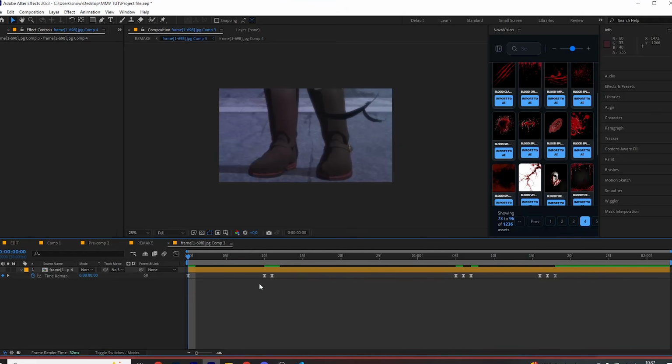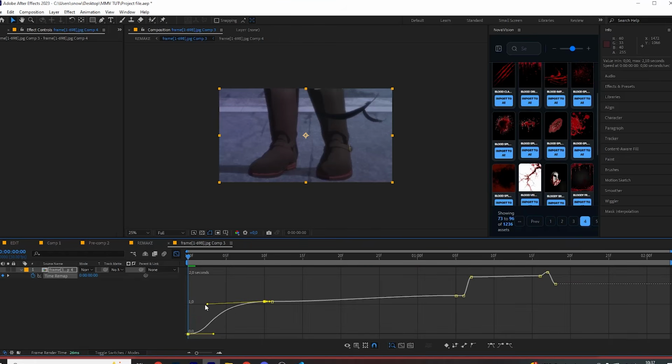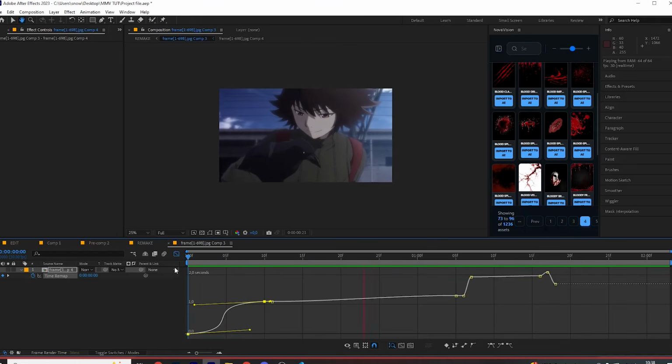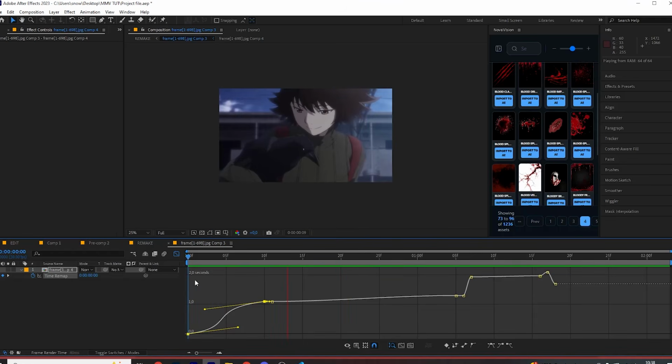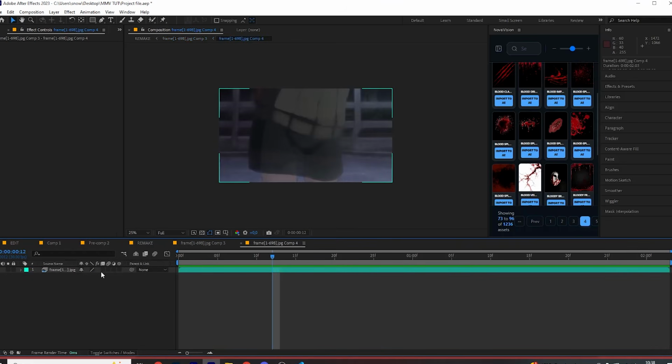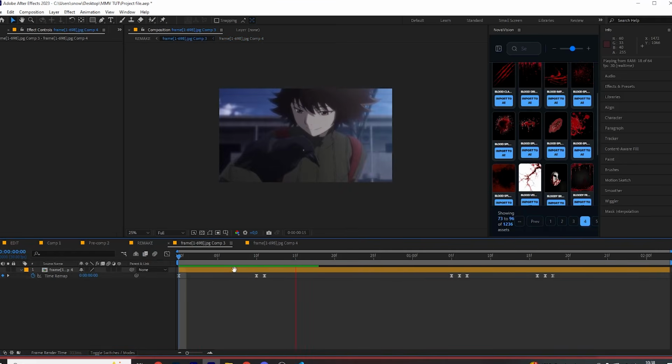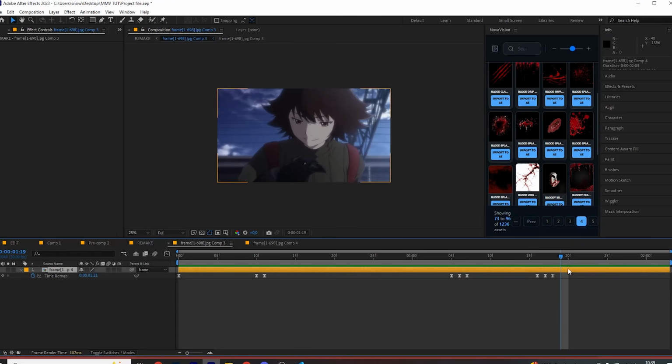F9 right here, I'm gonna select those keyframes, go to graph, and I'm gonna just change my graph to something like this. Don't forget to double click right here and enable the frame blending. So we're gonna have this effect right here. I'm gonna go 1 frame forward,